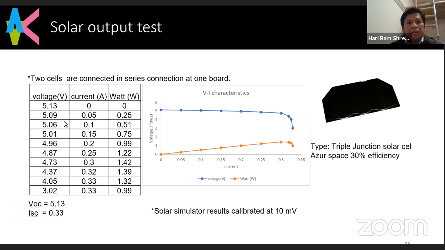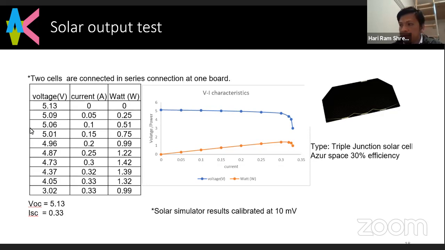We gave a load current, increasing accordingly by 50 milliampere, and then we can see the measured output voltage. Finally, when the voltage goes below 4.05, 3.03, it stops, which means the short circuit current is almost zero, very minimum. So we can say this solar cell is okay. This result is for two solar cells connected in series. Then finally we can see the panel result. Otherwise, a single cell has only 2.7 volt.